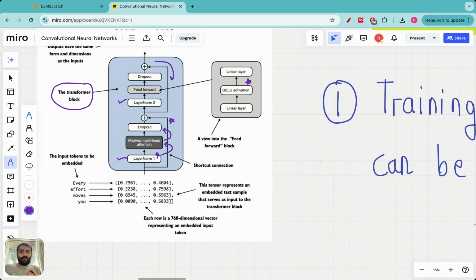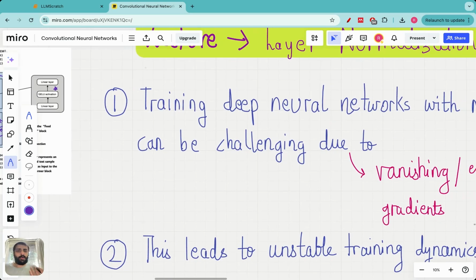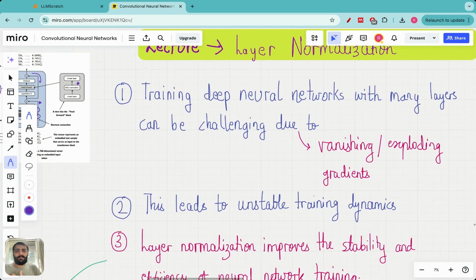So there are a huge number of parameters coming from each of these layers, and we have to train these parameters. Initially we'll initialize these parameters to random values, but through backpropagation we'll train these parameters so that the next word is predicted correctly. So we need to make the training process more efficient, and that's where layer normalization becomes